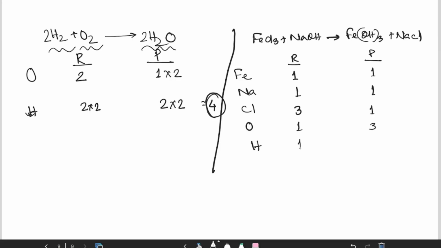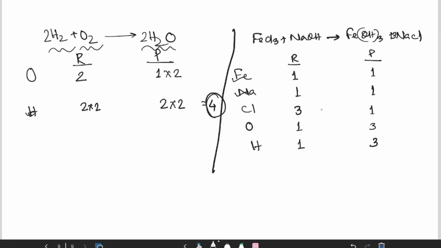How many hydrogens are there? 1 and 3, right? So look, iron is balanced because it is 1 and 1. Sodium is also balanced, 1 and 1. But the point is chlorine is not balanced, as it is 3 and it is 1. So you have to write 3 here. So if you are writing 3 here, then you see